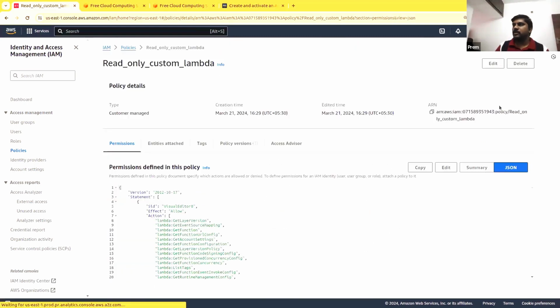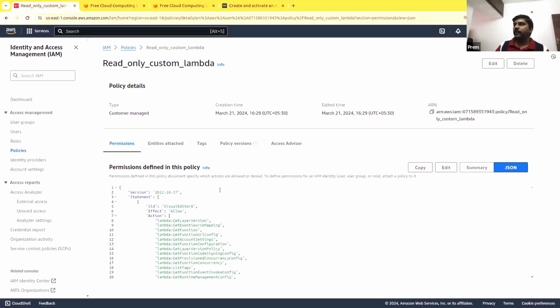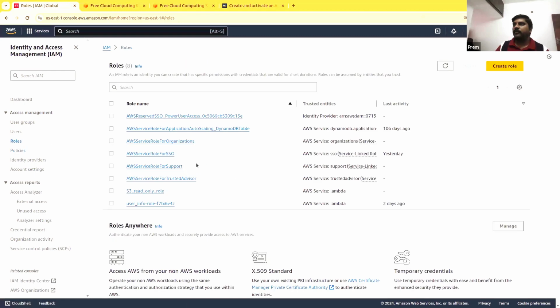If you see the JSON, this is how it looks in actual JSON. Allow action, all actions are included, and resources is for all. Okay, now let's take this role.